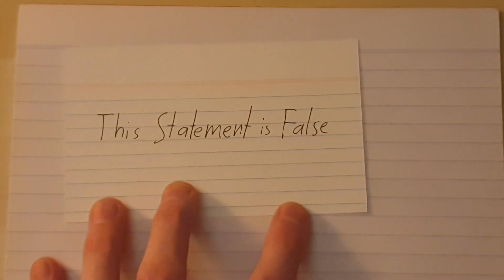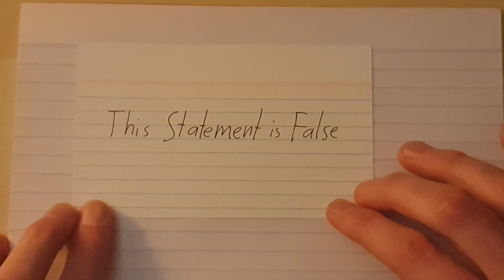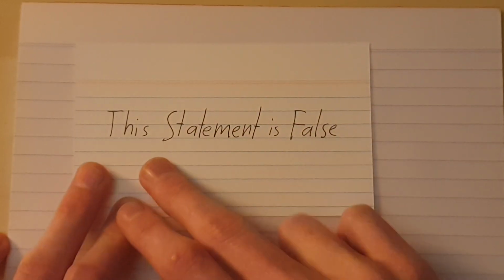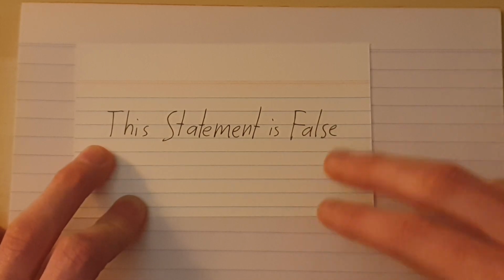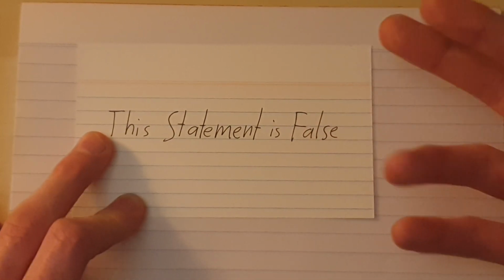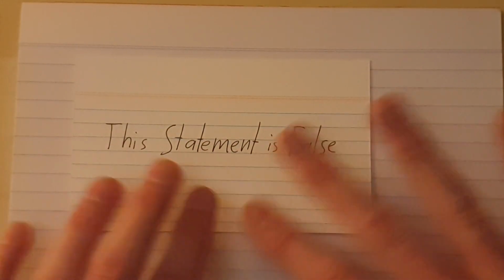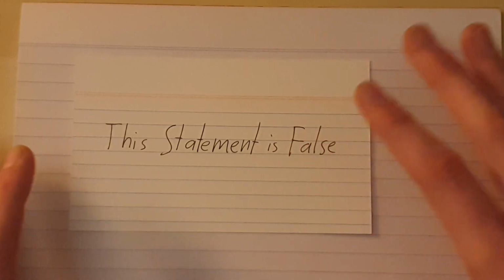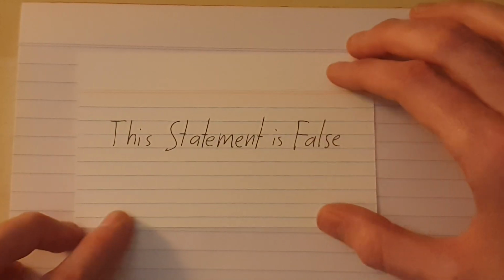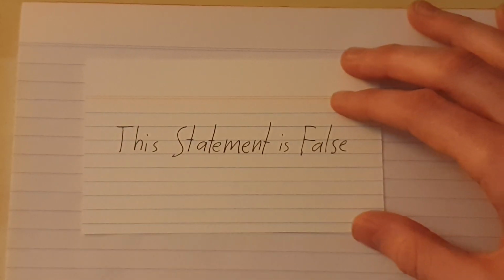On the flip side, if we look at this statement is false, I'm sure you've all heard of this one, it contradicts itself. If the statement were true, that would tell me that it would have to be false. And if it's false, that would tell me that it would have to be true, which is obviously wrong. And of course, this really just demonstrates that English is not a rigorous system of logic. You can say things in English which don't really make sense.